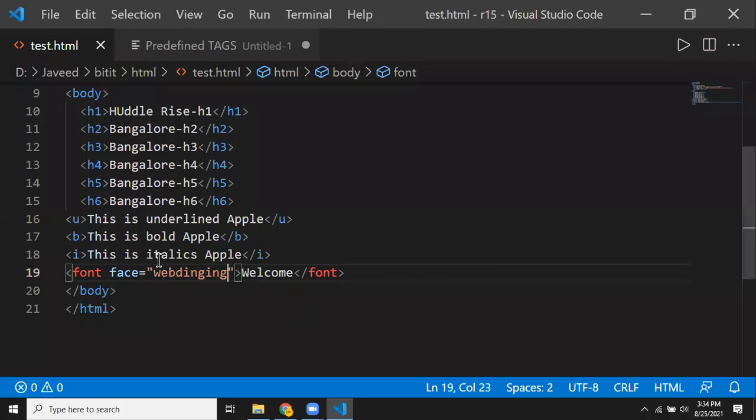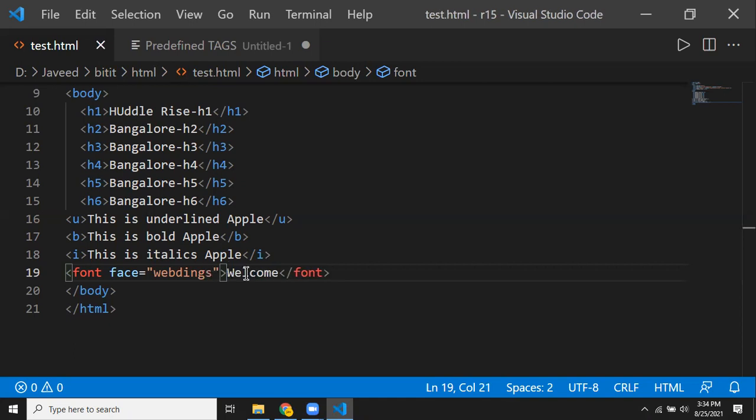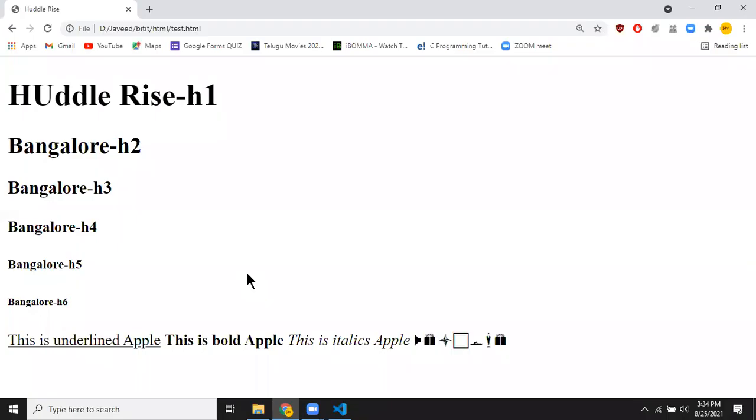Now you see that on the top, after the apple there, some text is going to be displayed, but it's not in a readable format.